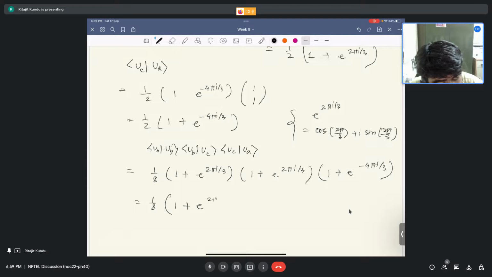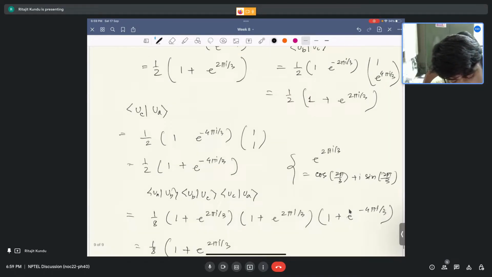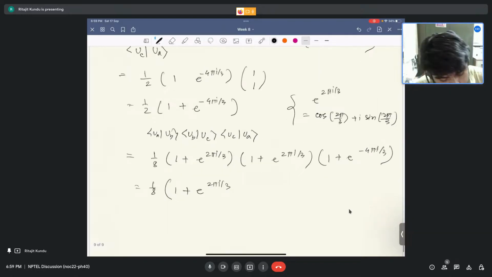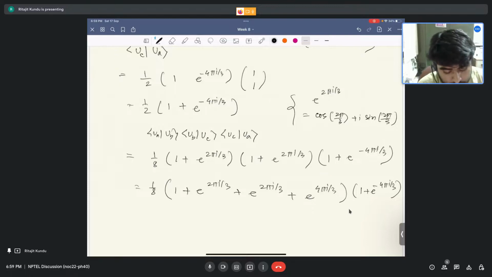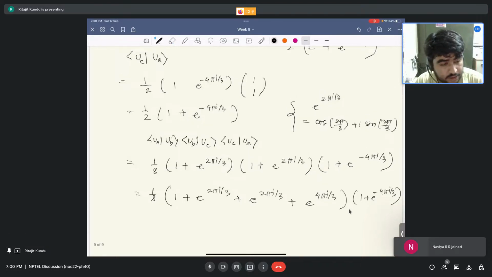So 2 pi i by 3, plus e to the power 2 pi i by 3 plus e to the power 2 pi i by 3, so it becomes 4 pi i by 3. Now there is also this term, 1 plus e to the power minus 4 pi i by 3. So you go on, you calculate this quantity, and at the end what you will get is